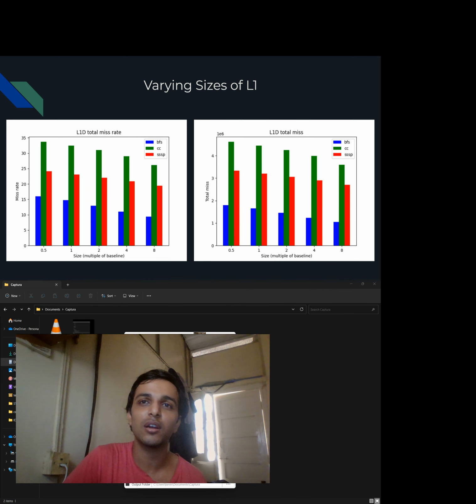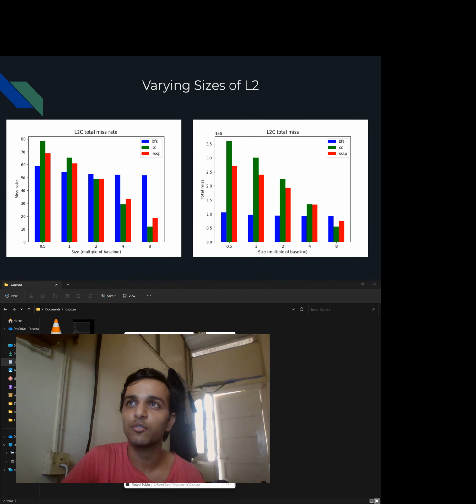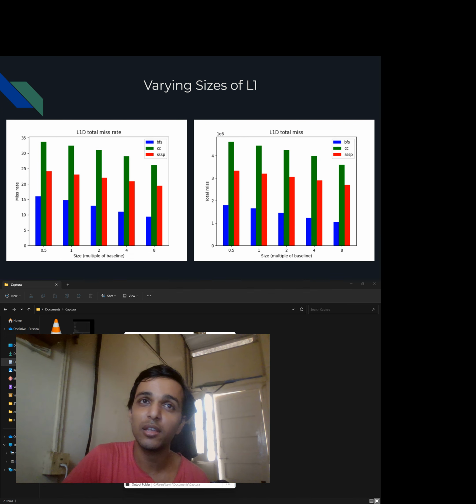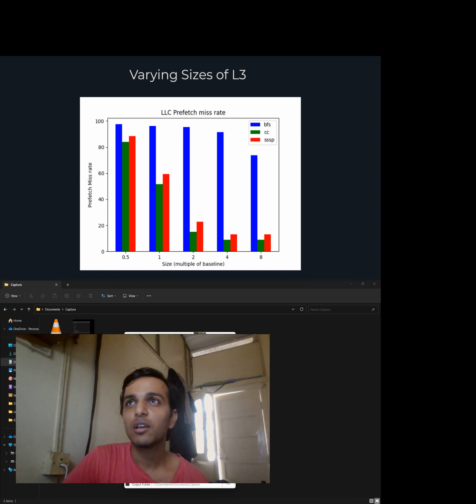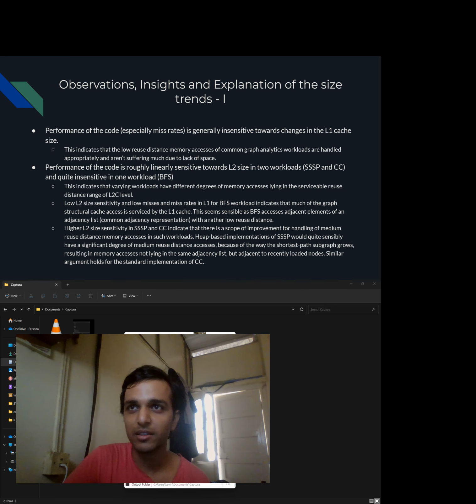In BFS, we can see that the effect can only be seen in varying sizes of L1, not in that of L2 or L3. This shows that BFS has mostly memory accesses which can be catered enough by the L1 cache level. This is because BFS has adjacency lists which are accessed, and once an adjacency list is accessed, it is loaded and ready for use in L1. This is a characteristic behavior of breadth first accesses,